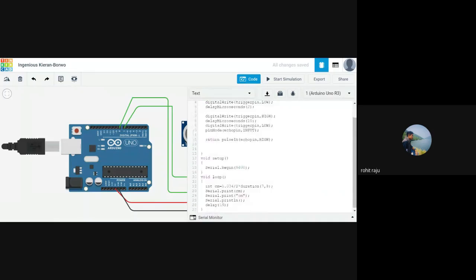So here is the code. I'll explain the flow of the code. We are interested here in finding out the distance. So let's start with void setup. You're beginning the serial communication with the statement Serial.begin. You can see that in the serial monitor right here. Next we'll be going on with void loop. We are declaring a variable called cm, which is for centimeters. And this is the formula, as Dheeraj said, for calculating the distance. This is the speed, and we divide it by 2 into duration.